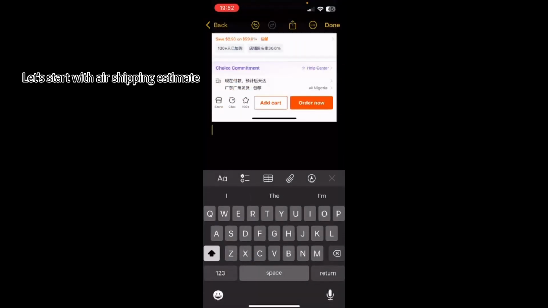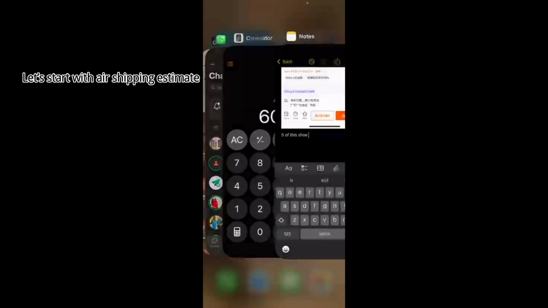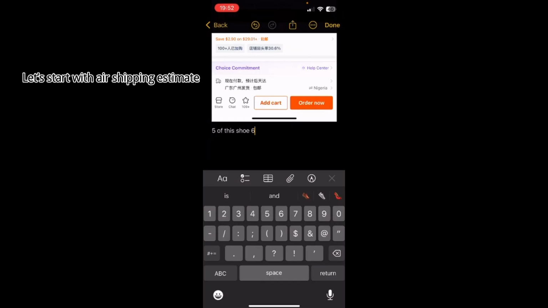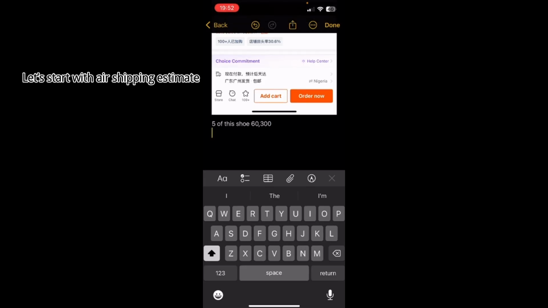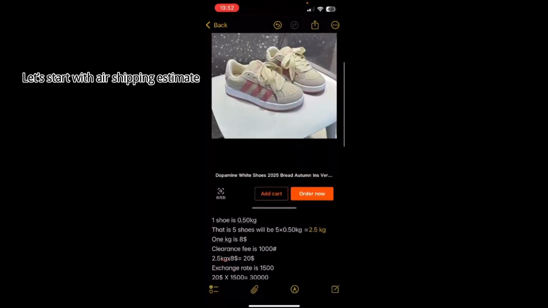So these shoes, 5 of this shoe is how much? 60,285 naira. Or you can say 60,300. We are just estimating it in round figure. And like I already explained before,